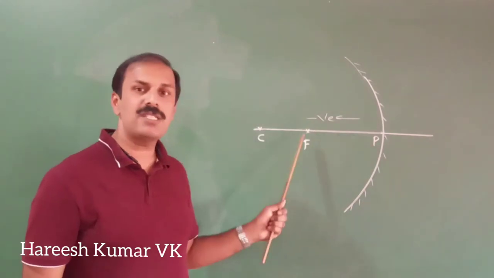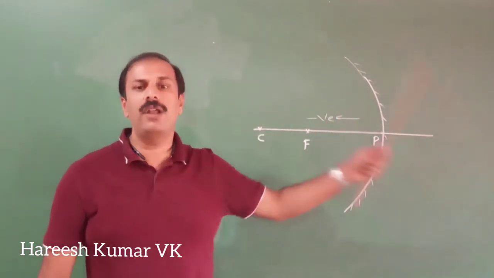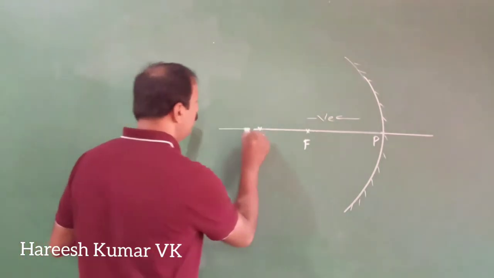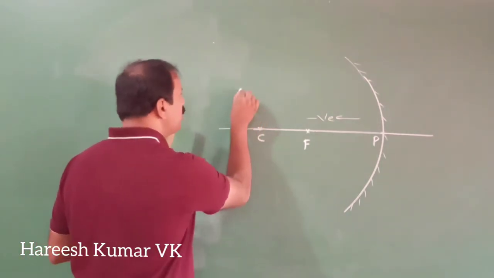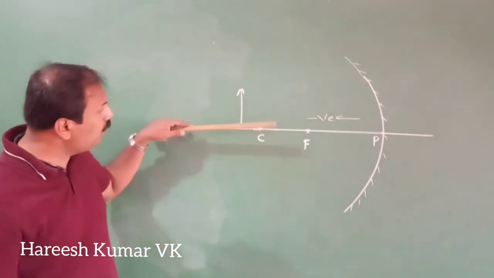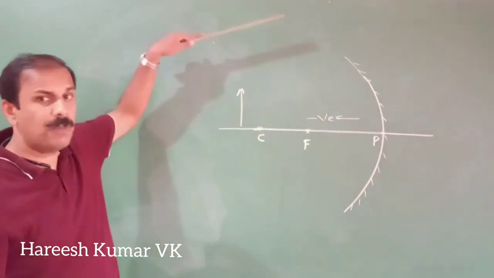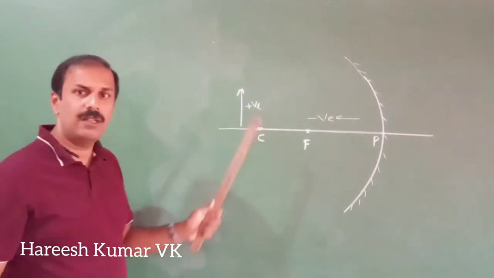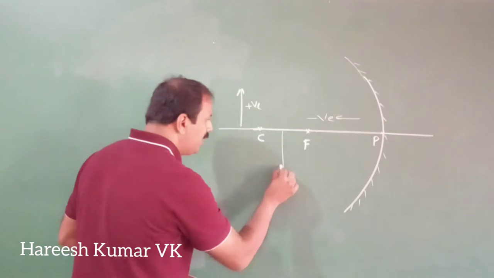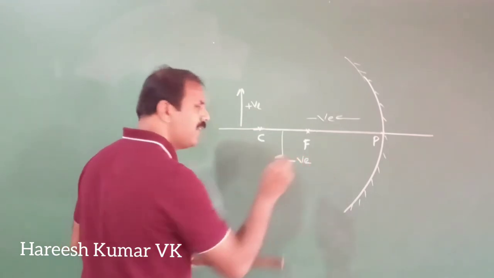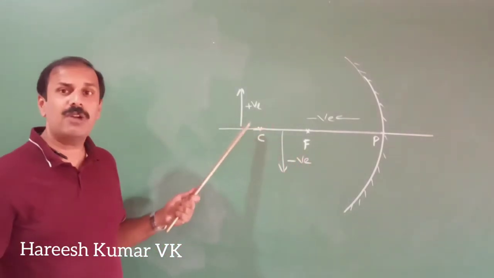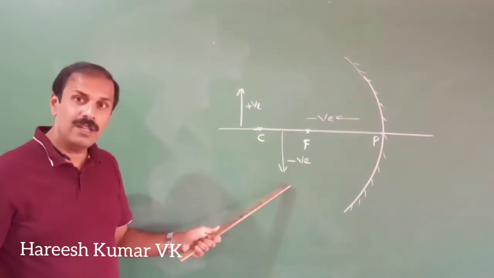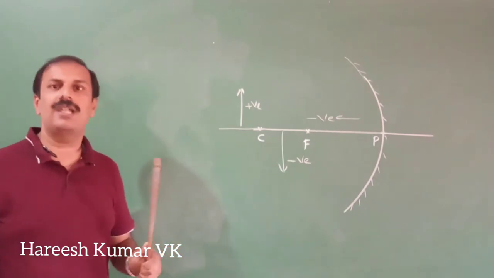And the focal length is negative for concave and positive for convex. Now one more thing, when you are drawing the object, the measurement which you draw perpendicular to the principal axis, above the principal axis, will be positive. And whatever measurement you take downward like this will be negative. That is, if this is the object and the height of the object is 3 cm, this will be plus 3. And if it is 6 downward, it means minus 6, like that.